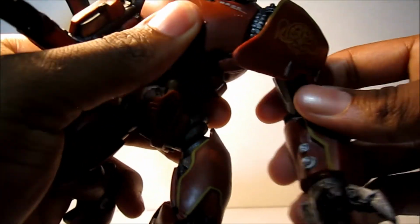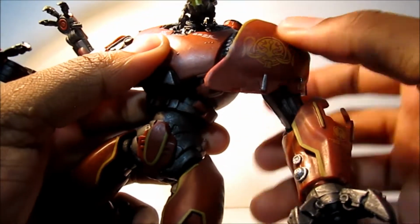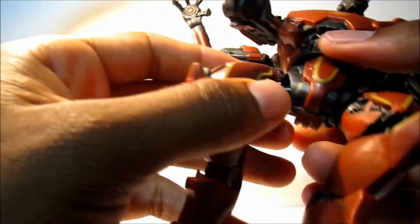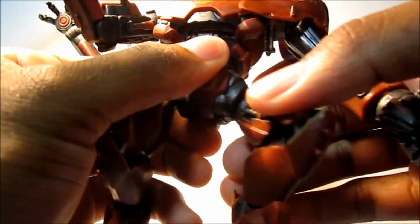The shoulder is ball jointed, but this is the left shoulder. This big armor piece really hinders most of that. There's a hinge at the elbow, and the little claw part can rotate, but it's very stiff. Seems to be ball joints at the